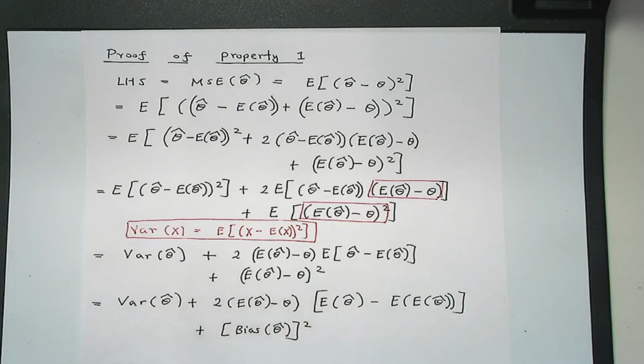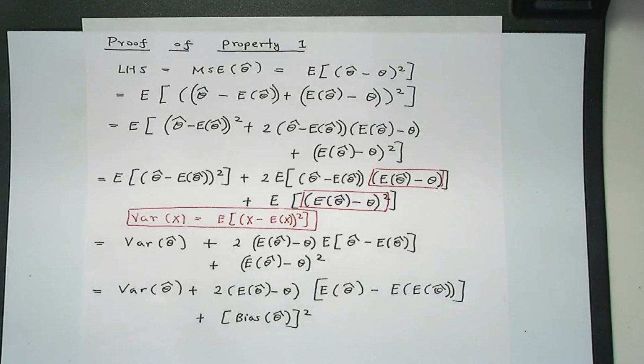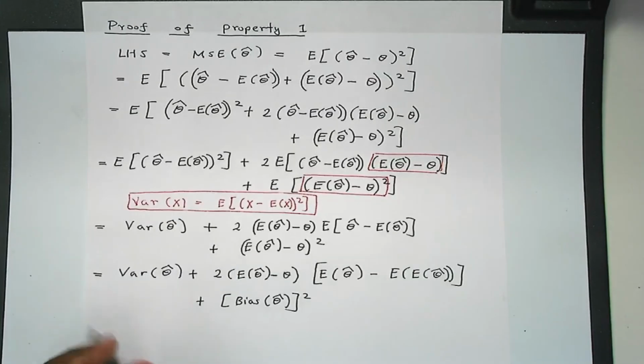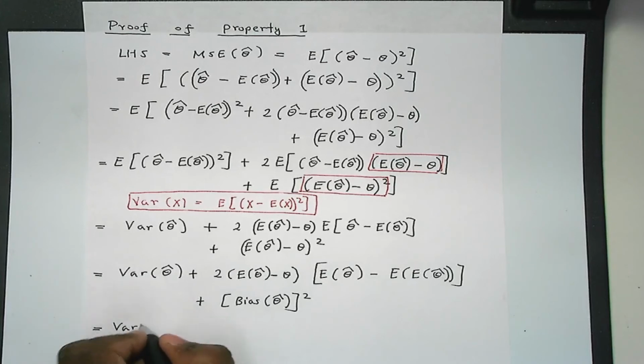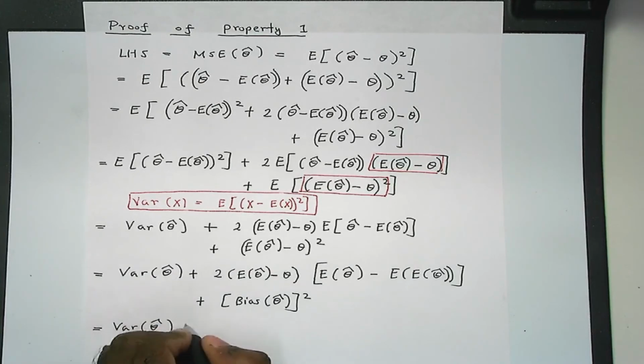Now you should look at this term, the expectation of the expectation, because the expectation of theta hat is a constant. So the second expectation is not needed. The expectation of a constant is itself. So what you have here is the variance of theta hat plus